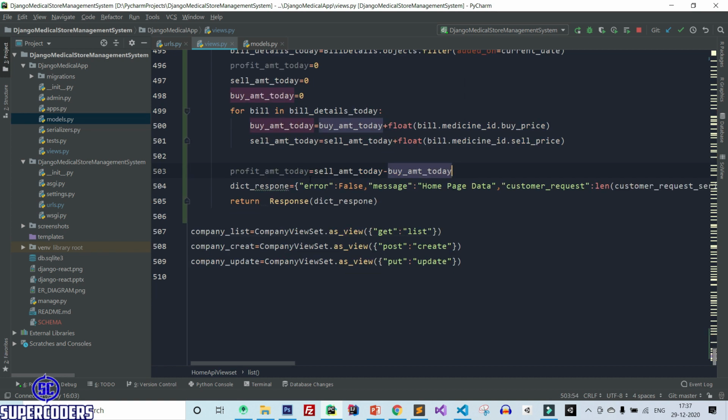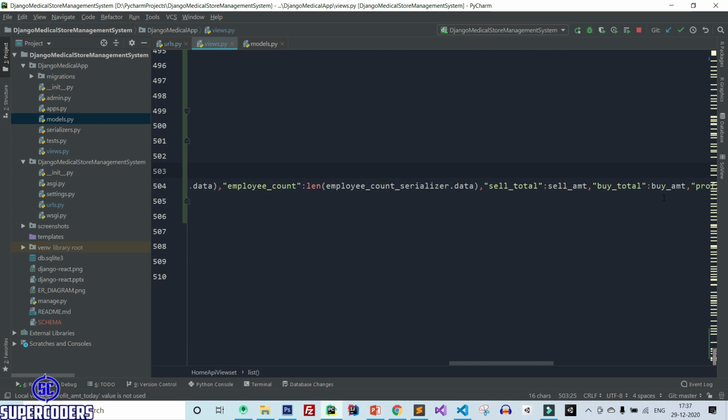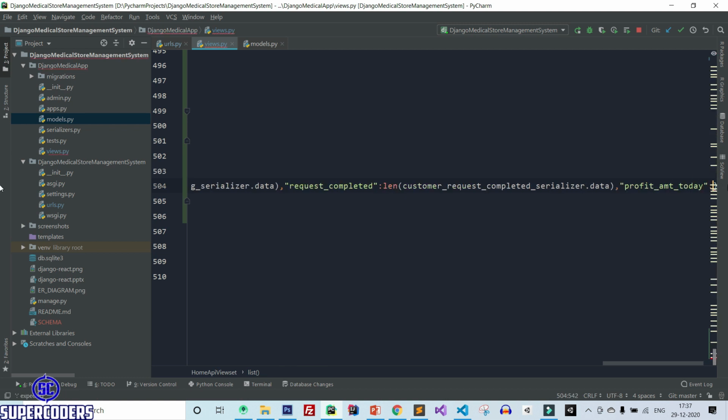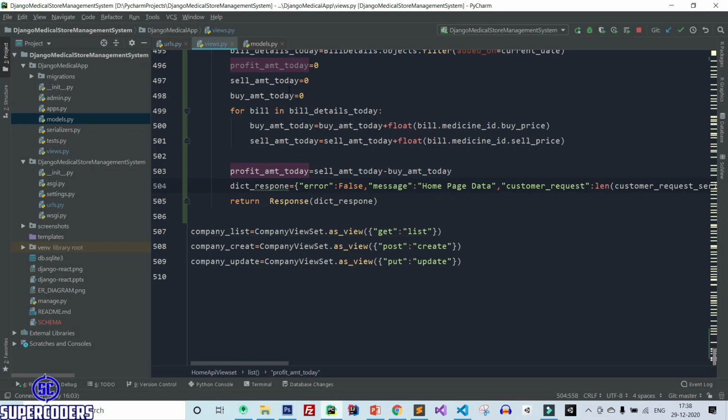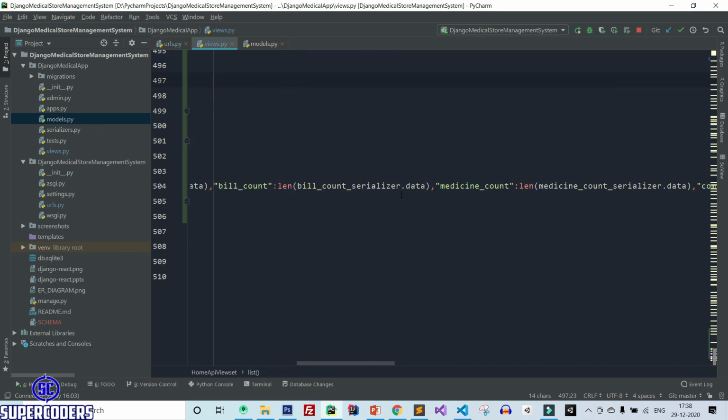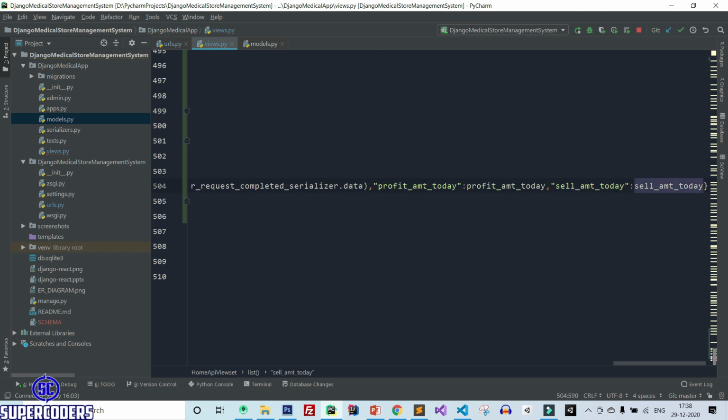Now let's show this data. So copy it, and here add a key. So simply profit amount today, pass the profit amount today, and next is today total sales. So copy this sale amount today and add it here. Now let's add this in our VS Code in the React project.